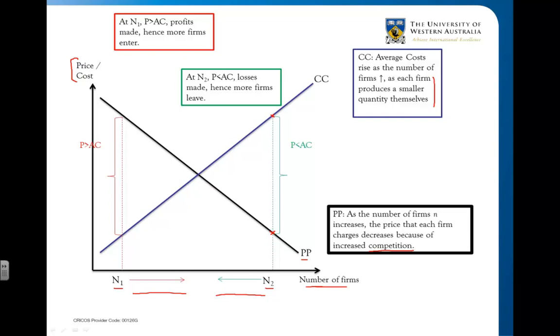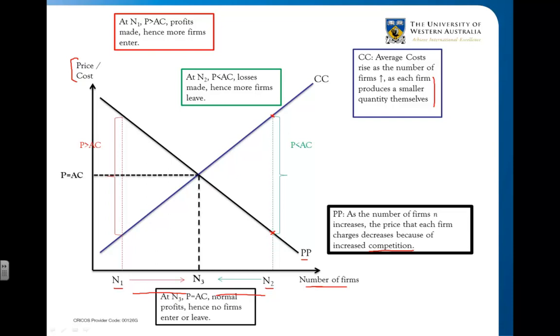Now, of course, as many of you probably would guess by now, that point there is our equilibrium, because what that is showing is price equal to average cost. That's zero economic profits. And we have in equilibrium this number of firms. Normal profits are being made. Firms neither have the incentive to enter nor to leave this particular market. And so we're going to incorporate this into, or use this with, our model of international trade,